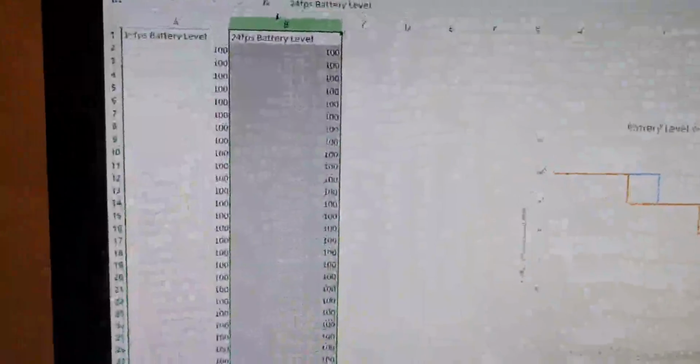And here's that same data for the 24 FPS video. And on each of these tabs we have the comparison graph. So right now we are on battery level comparison. See, column A is the data for the 15 FPS video, column B is the data for the 24 FPS video,